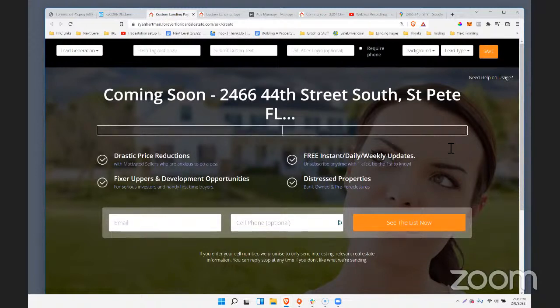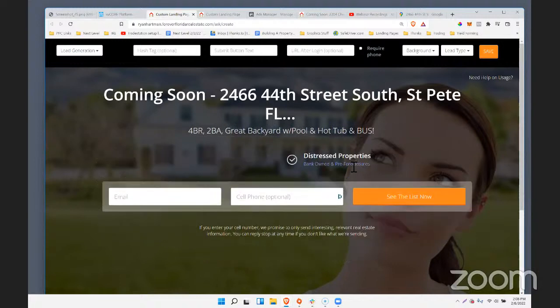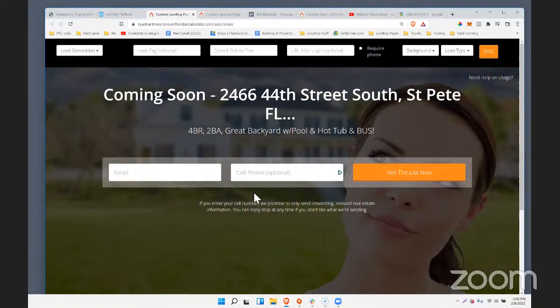All right. So, and then coming soon. And then you can do something like, 4 bedroom, 2 bath, great backyard, right? So just puff the listing a little bit with pool and hot tub. And bus. I have a bus in the backyard. All right, just that. And then if you want to put extra bullet points describing the property, I usually just keep it a little quick there, right? And then